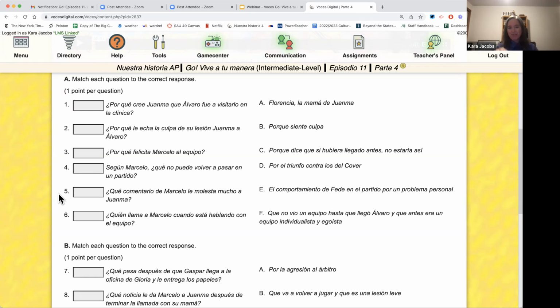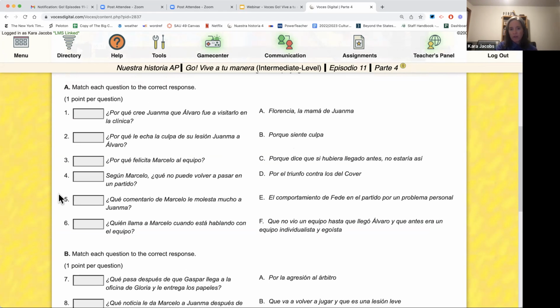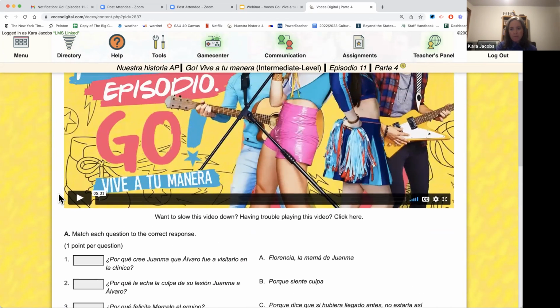All of them are input driven, but they're also a way for the students to say, oh, that's what was happening. Or like, oh, okay, I got that. So there's a purpose for the activities so that they really understand everything that happened in the episode. So I think that's really important. And I think it's amazing.